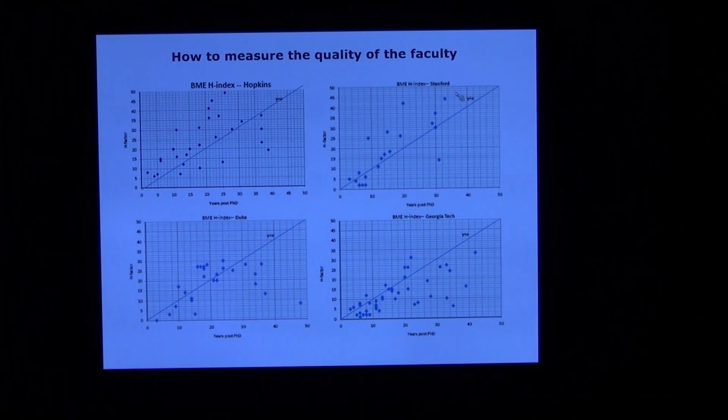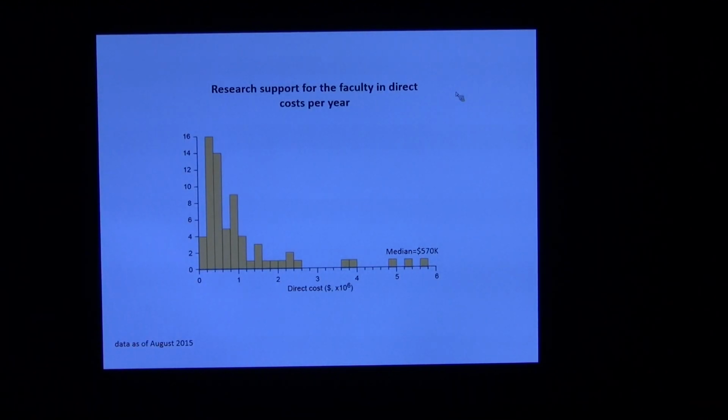So Duke and Georgia Tech here are a lot more falling under the line, so that's bad news. And Johns Hopkins is on top of the line, so that's good news. Another graph here is showing how much funding and research support faculty at Johns Hopkins can really provide us. In median, all the faculty here can really provide you